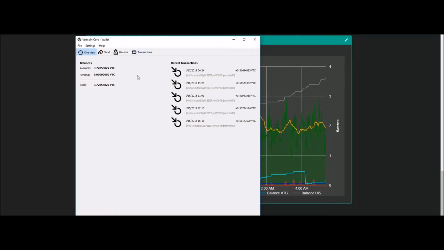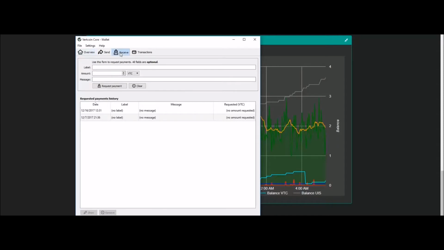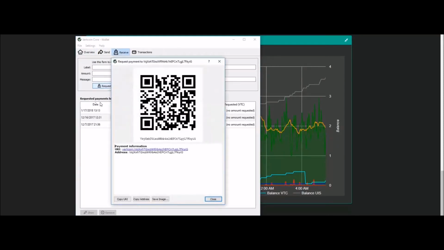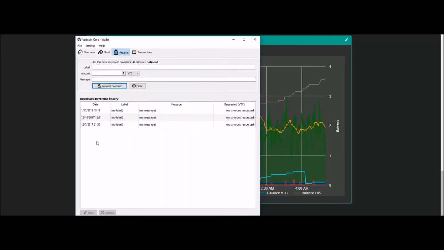So this is what's going to happen. When you pull yours up, it's going to still be downloading the blockchain. It's going to pop up with a warning message, something about downloading, and just click hide. In order to generate an address for you to mine to, you're going to click on receive, and click on request payment. Now I technically, just by doing this, now have three wallet addresses I can mine to. You're just going to click copy address, close, and keep that saved in your clipboard